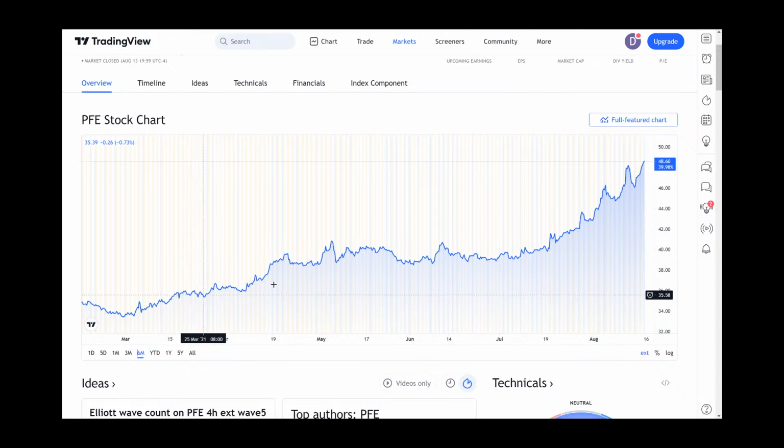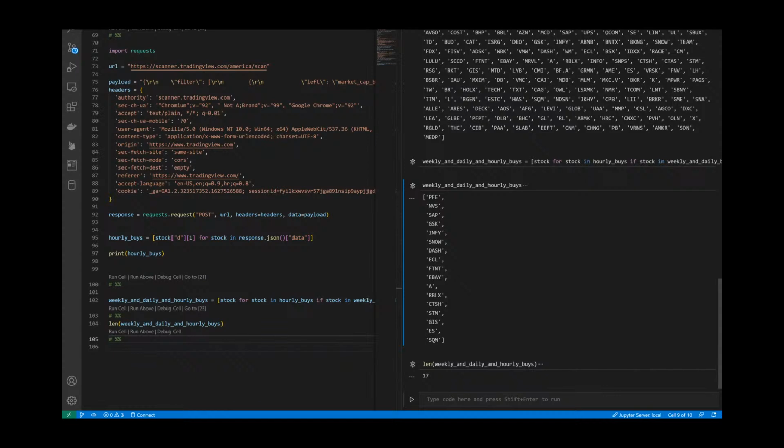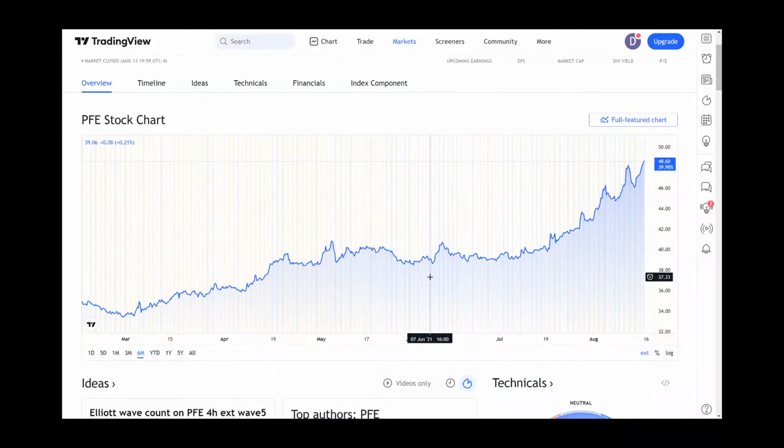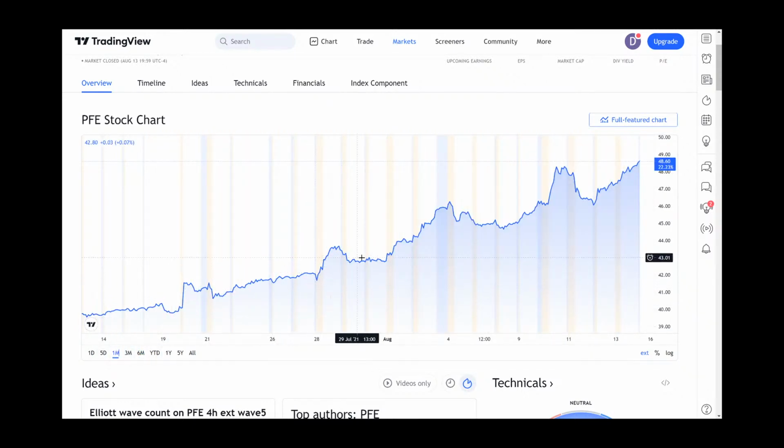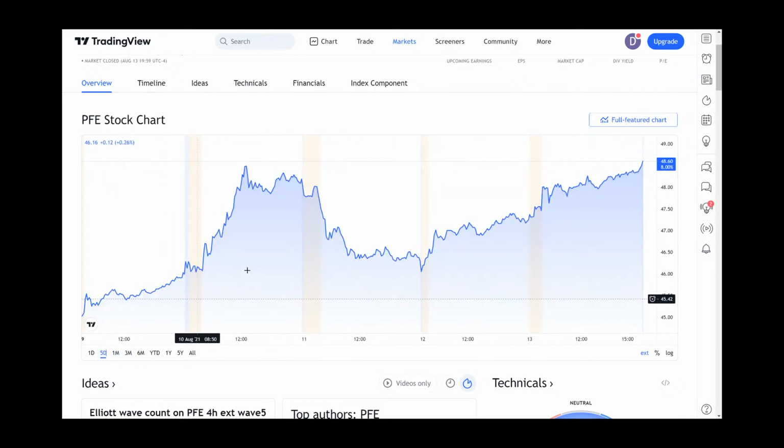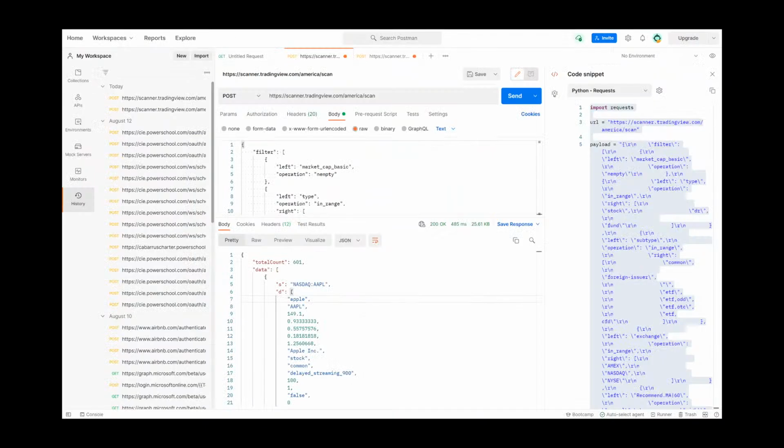So what I want to do is invest in it, but one thing is it's giving me 17 stocks, which is great, but maybe I want to filter it down even more. So I want to see which ones are performing good, not just on the 1 hour time frame, but maybe the 5 minute. Like each of these ticks is 5 minutes. I want only the stocks that are performing good in the 5 minutes. So 10 candles of 5 minutes is like an hour. So within the last hour, they were performing good. So I'm going to go ahead and try that by changing